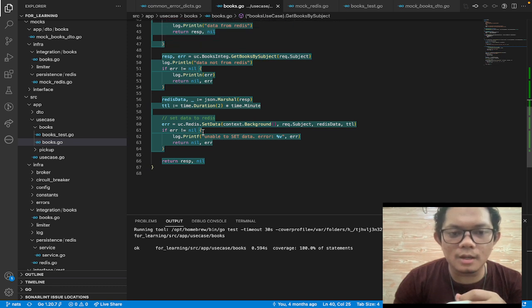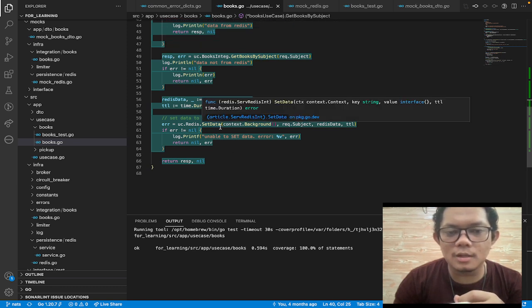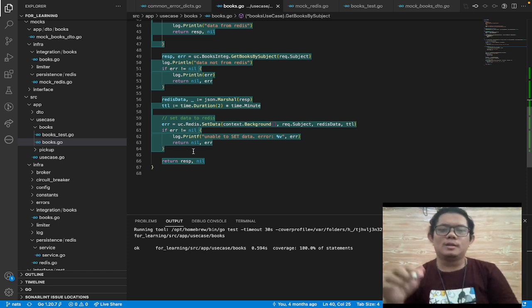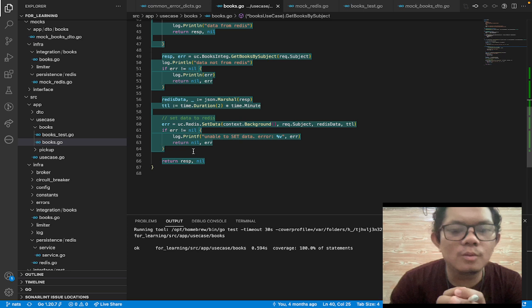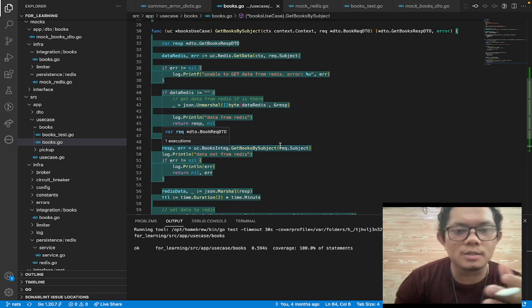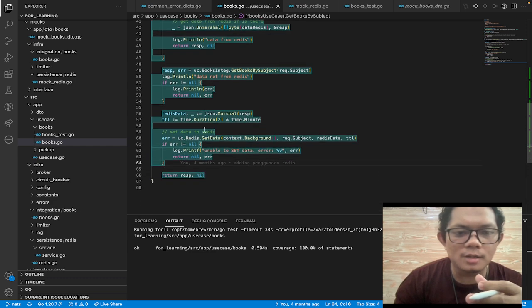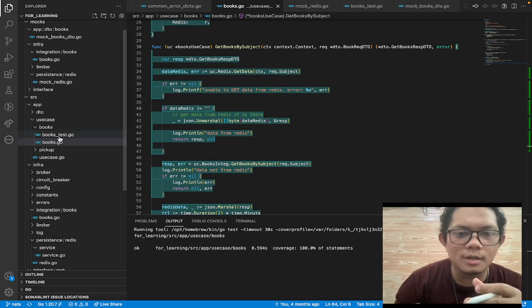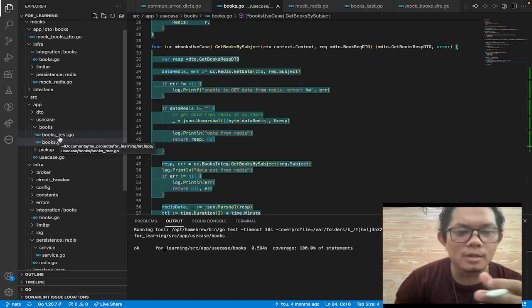After that, the scenario is to set the data to the Redis and the error occurs, of course. I mean, obviously. So with this method, we can make unit testing easier. You just make a scenario line by line like this. So I think this is not confusing at all when we make unit testing.